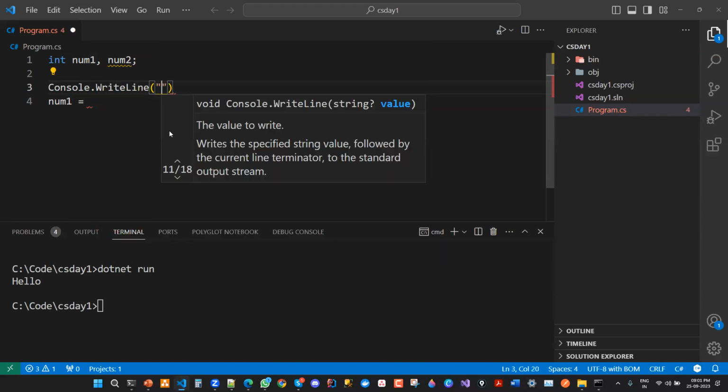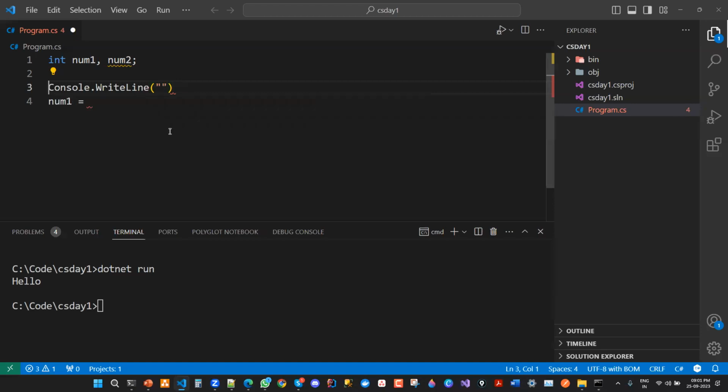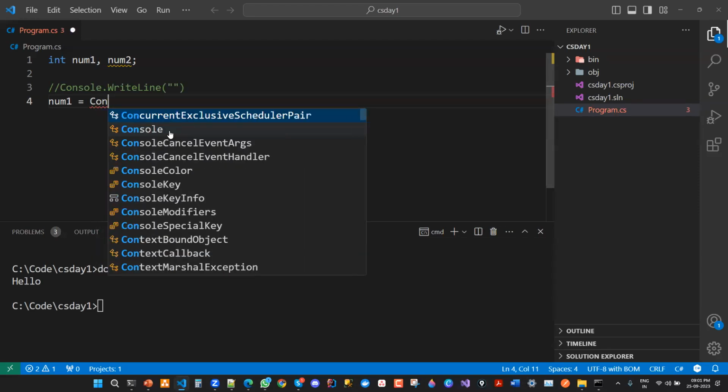Console.WriteLine. When you are building software, always keep one thing in mind: your software should be user friendly. How to be user friendly? Whenever you are guiding the user on what the user has to perform. Let's take a simple example. Let's say I'm writing a program where I'm going to add two numbers. So here I just write a program,